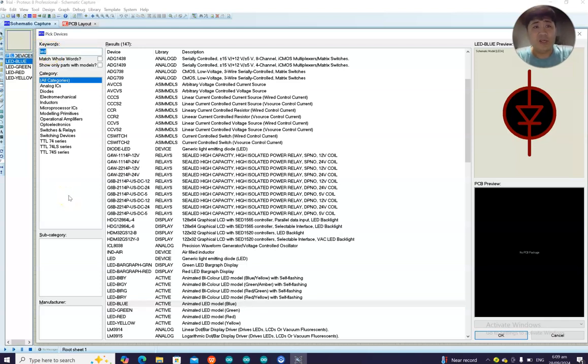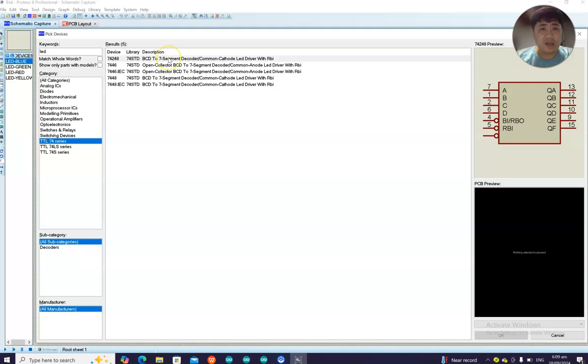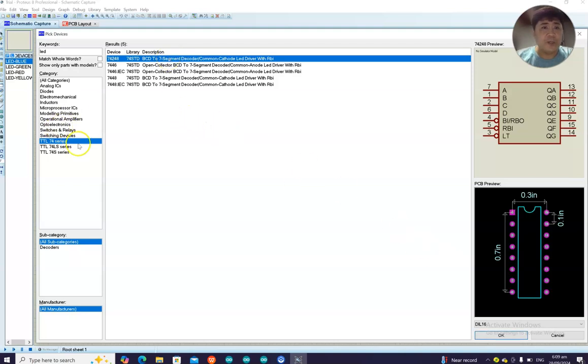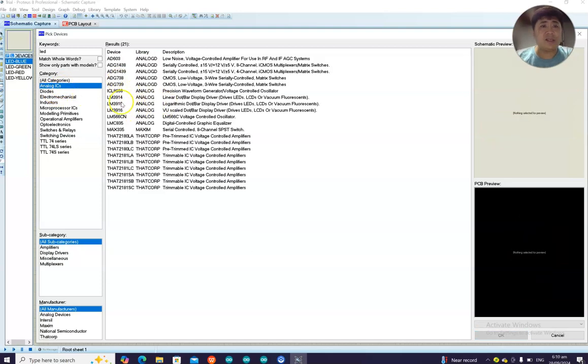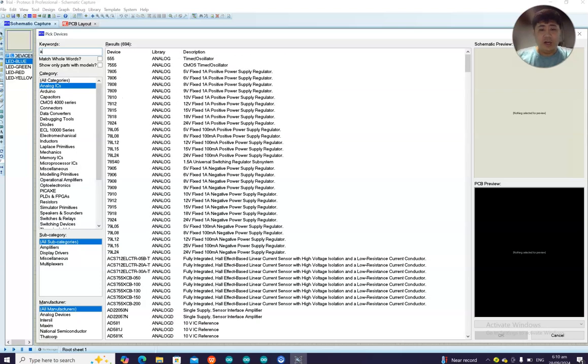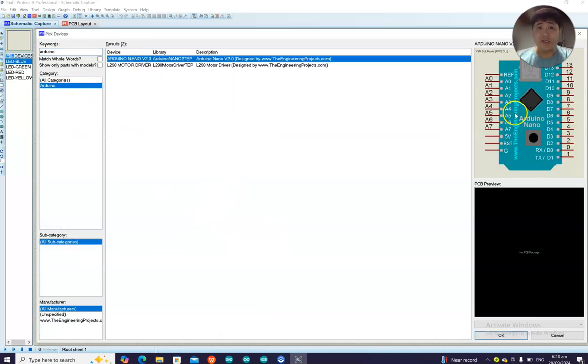Yellow, green, blue, and anything. From there you choose another one. In this case we'll just be discussing how to use it. You can choose many parts here. You can use logic, 7 segments, and so on. You can use diodes, ICs, and many things. So for example, this is for Sumobot, so we'll be using Arduino. So we have Arduino here, so we could use this one.